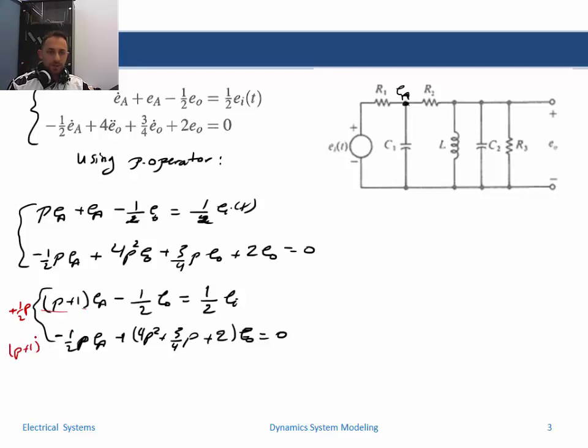This element can be multiplied over this equation, and this element by this equation, and we sum the two equations, so we could eliminate EA. So this can eliminate this. Then you could have half P multiplied by minus half